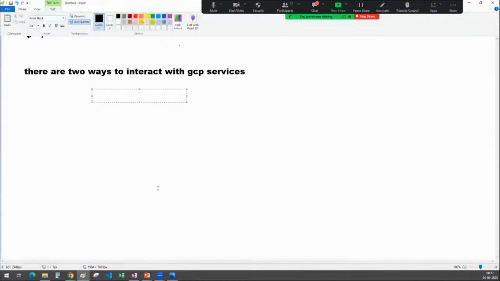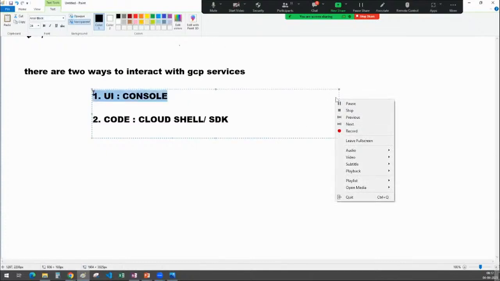One is UI, and one more is code. The UI is nothing but the console. Code is nothing but Cloud Shell or the Cloud SDK. In the UI, we know how we are interacting with the help